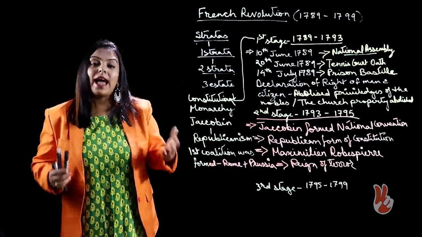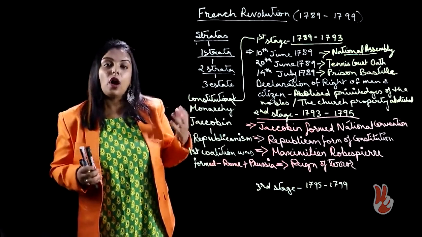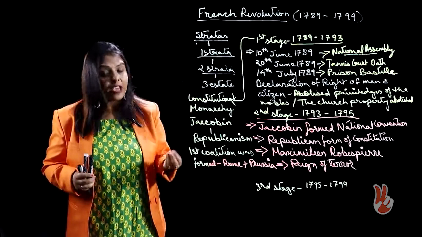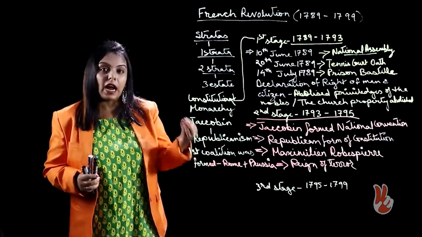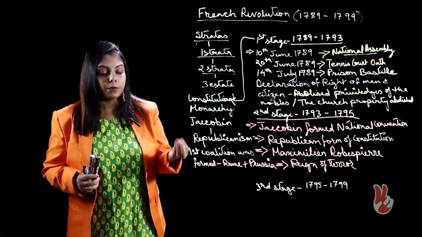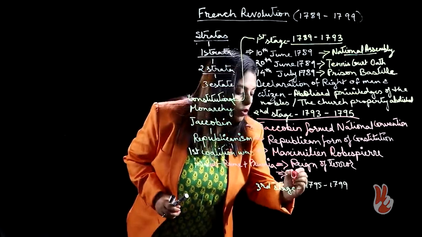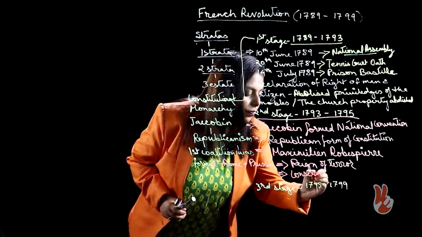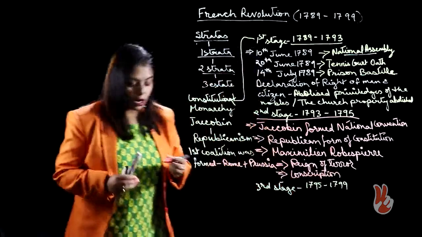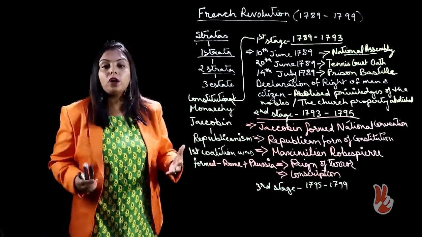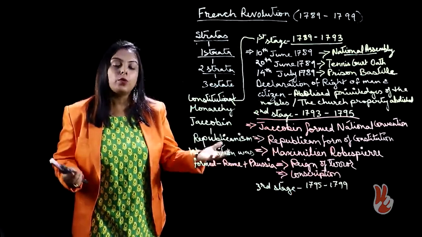Now, along with that, Maximilien also brought a new law in France, according to which every French citizen was forced to serve in the army. This is known as conscription. So, Maximilien also introduced the law of conscription in France. Now, due to these changes, French people were already not very happy with Robespierre or the Jacobin club,